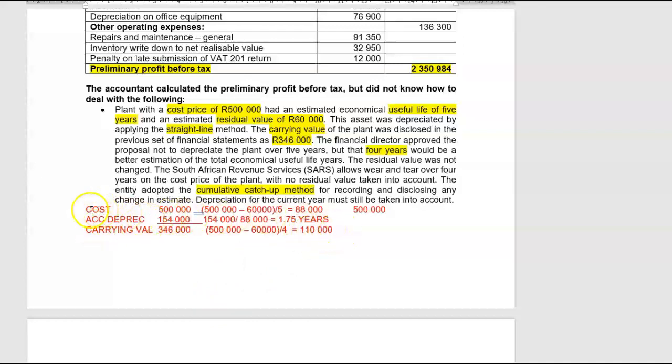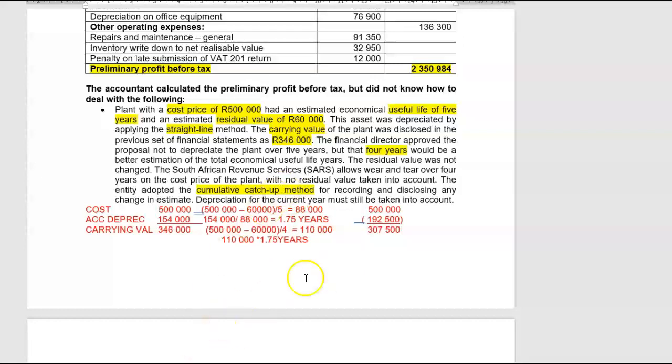So that means that our accumulated depreciation at the beginning of the year would have been 110,000. What is the time that has expired already up to the beginning of the year? 1.75 years. So 110,000 multiplied by 1.75 would have given us an accumulated depreciation of 192,500 rand. So that would have given us a carrying value of the asset as at the beginning of the year, if we did apply the new method from the start,